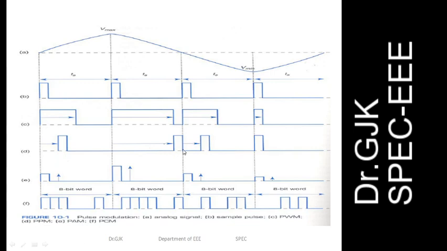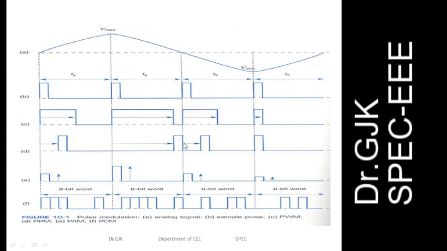If amplitude is less, its position will be moved to the left. So again here it is 0. When it is 0, it will be at this distance. And here it is negative. Vmax, V is voltage, is a negative analog signal. So its position is moved backwards when compared to the 0 value. So that is about pulse position modulation.